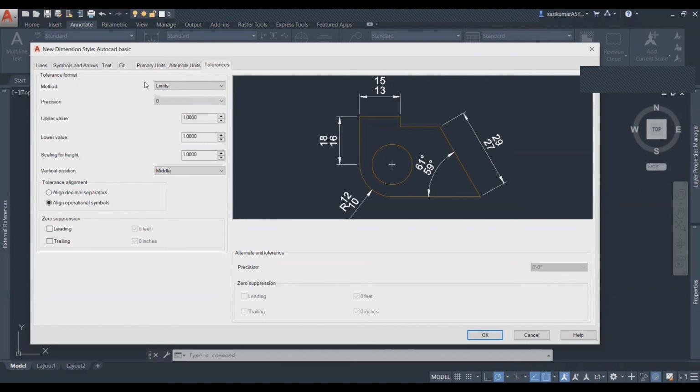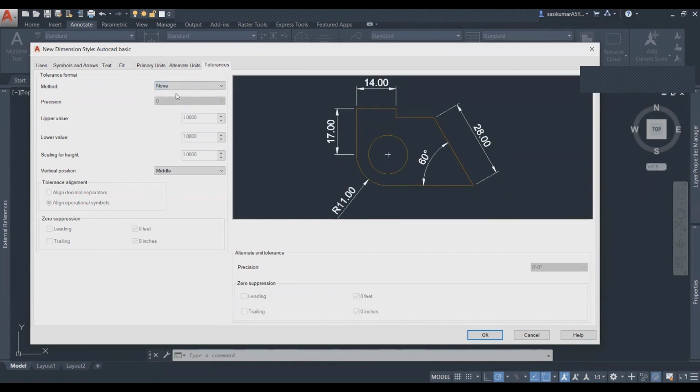Sometimes they will mention it in your drawing. Somewhere they don't mention it. If they don't mention it, you have to follow the exact value. Okay, this is the basic setup for the tolerance. Usually in construction, none, so you just leave it. This is all the settings you have to do for the line, symbol and arrow, text, fit, primary unit, alternate unit, tolerance.